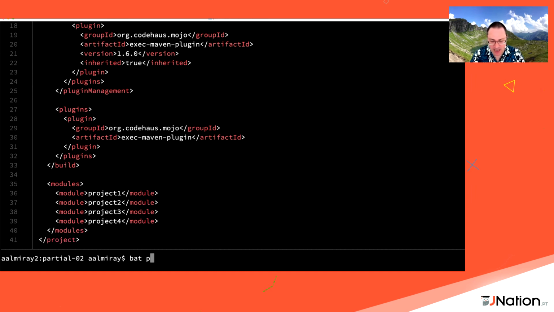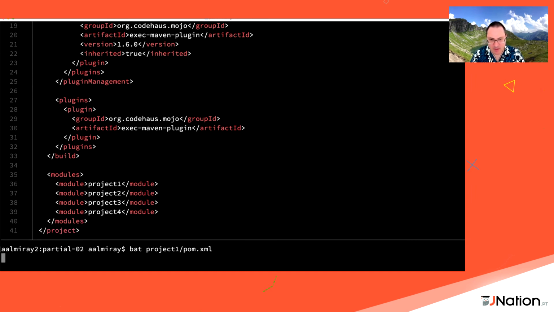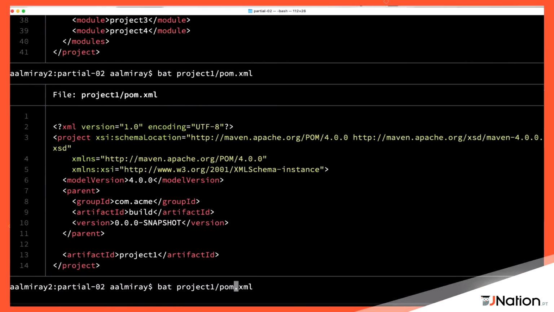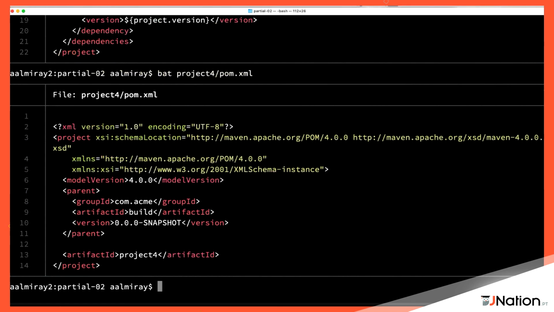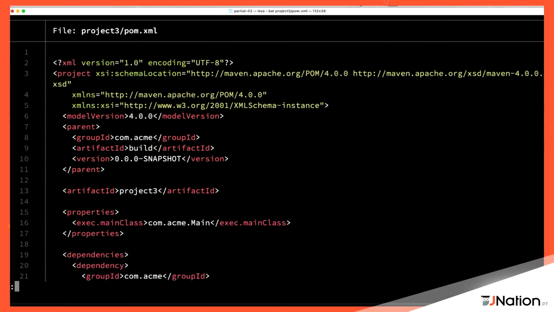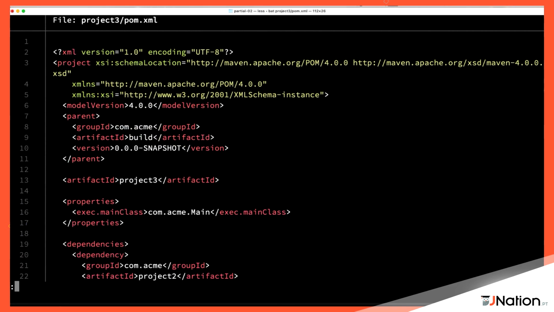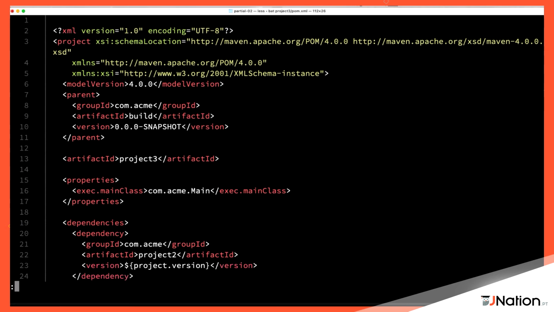If we look quickly at project 1, no changes. Project 2, no changes. Project 4, no changes. And project 3, this is the one that changes because I have already defined the plugin, well, might as well define the property right there in the POM file because I know this is what I want to do.